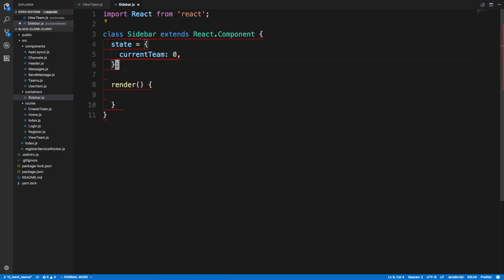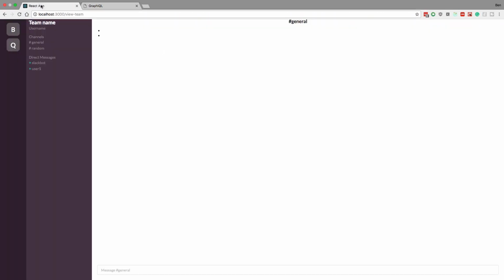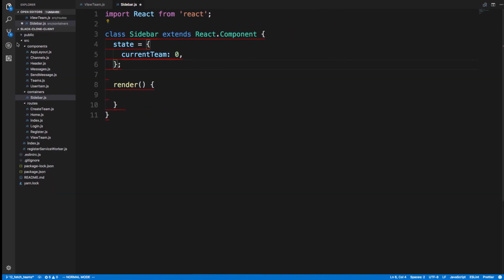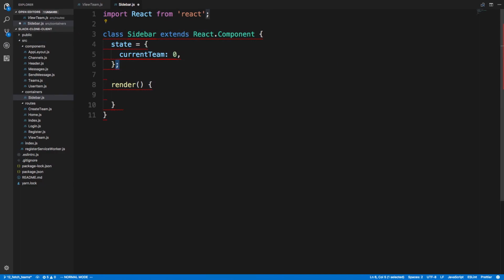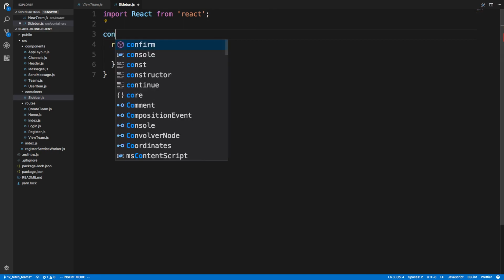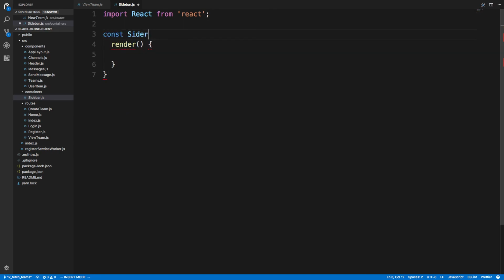And actually, you know what? I'm thinking for our little guy that this will actually be more tied to the URL than through the props. So, change my mind. We're not going to have the state here. We're going to pass the state of this in. So instead, I'm going to make this just a sidebar. We're not going to have any state for this. This guy is just going to be